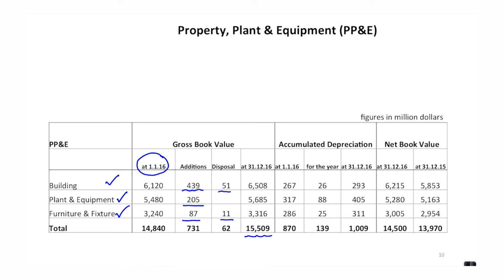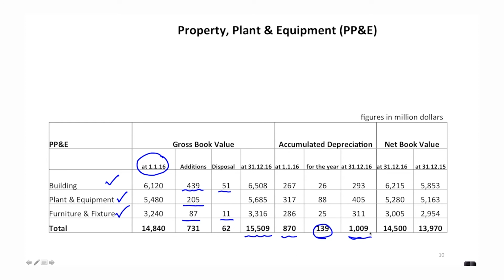As you know, these are recorded at cost price, but we also charge some depreciation to arrive at the net book value of the assets. So during the year, there has been a charge of depreciation, an amount of $139 million. And remember, this is not the first year, and therefore there would be an amount of accumulated depreciation of $870 million from the previous year, to which you add $139 million of the current year,